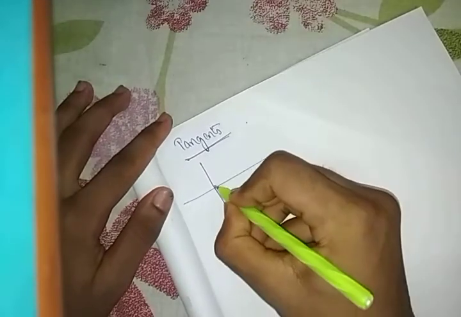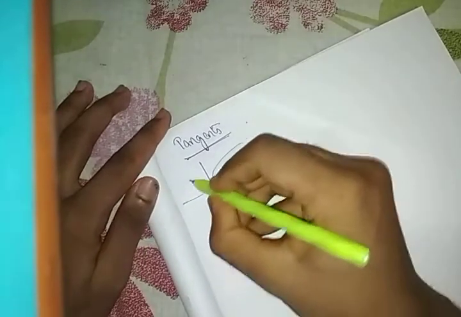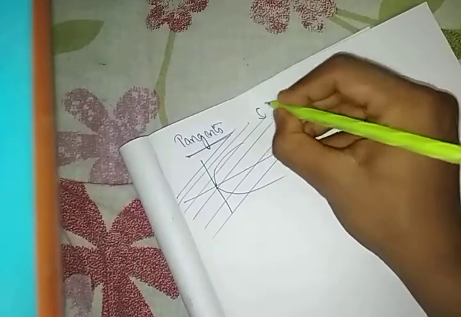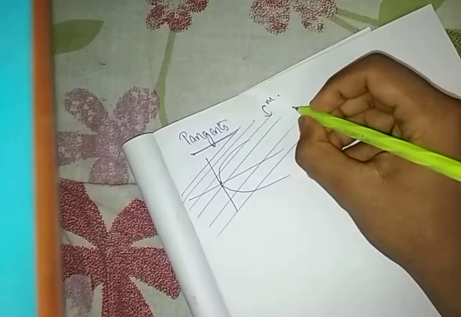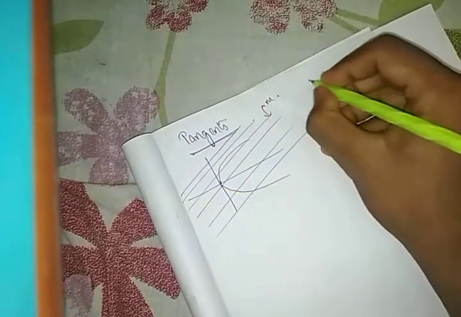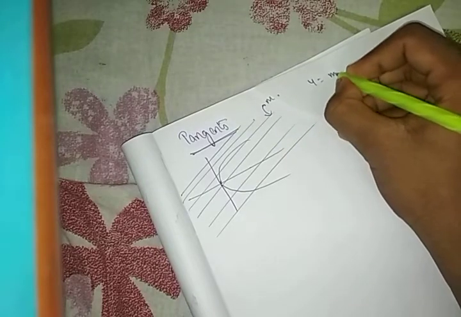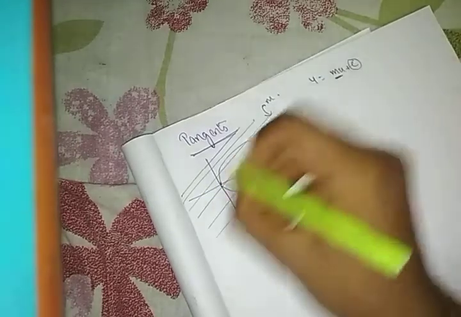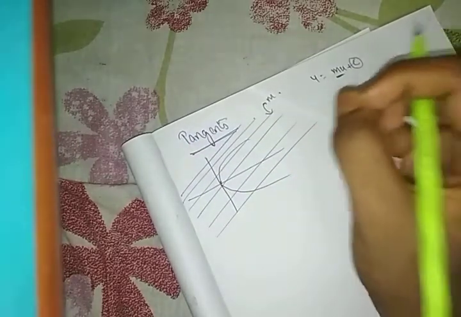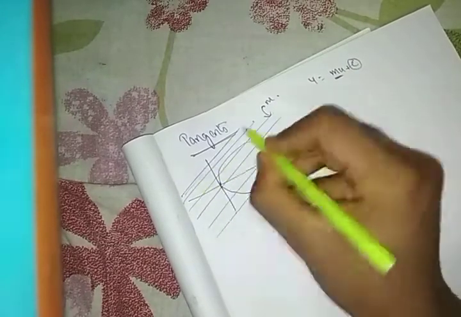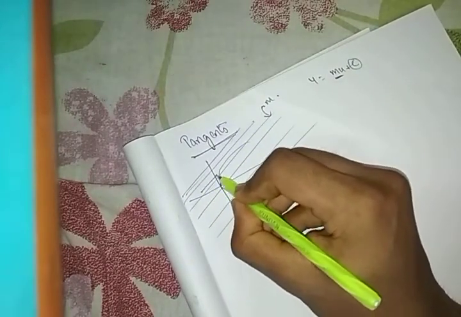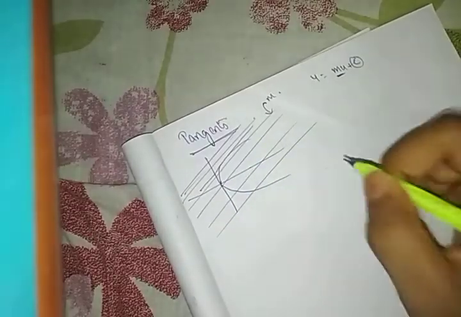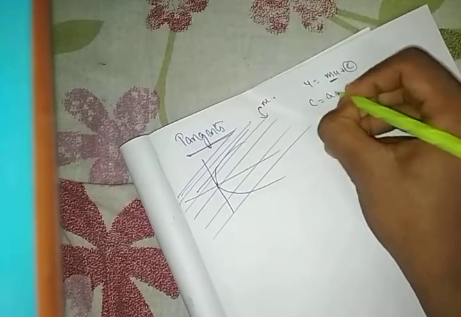Say, if this is the parabola, there will be infinite such lines with a certain m. That is, if we fix the slope, then there will be infinite lines with different constant, y equal to mx plus c. That is, if we fix this m, then for different values of c we'll get different lines, but all will be parallel. Among that, there will be at least one line which will touch the parabola at only one point. Okay, the condition is c is equal to a by m.